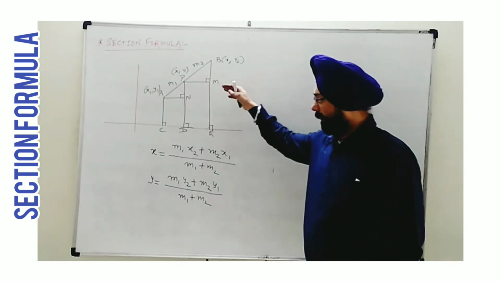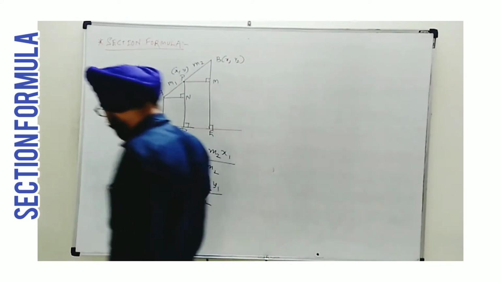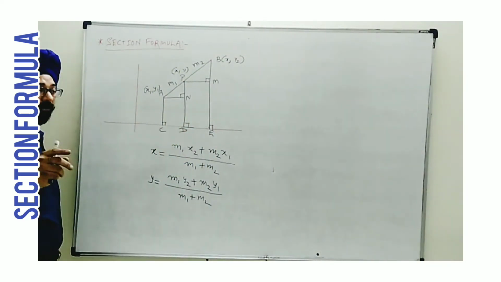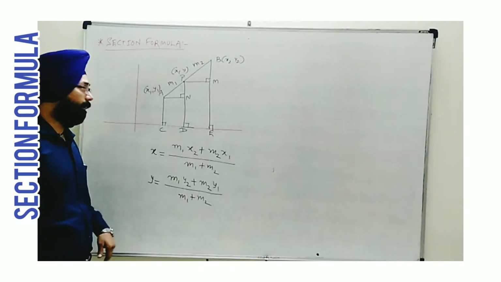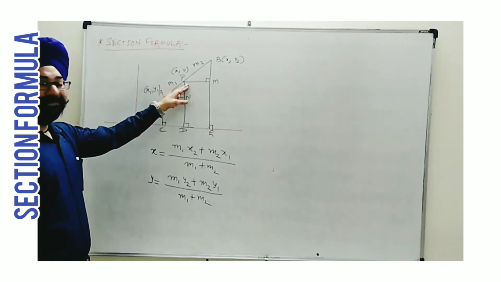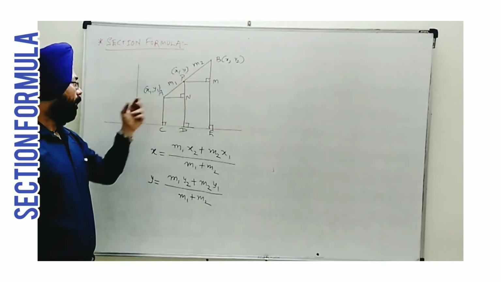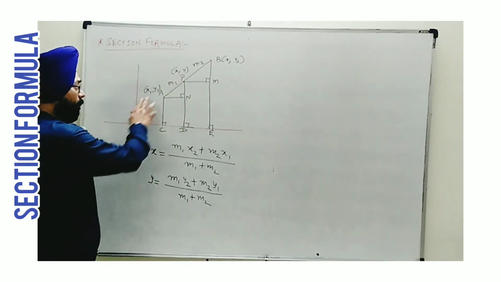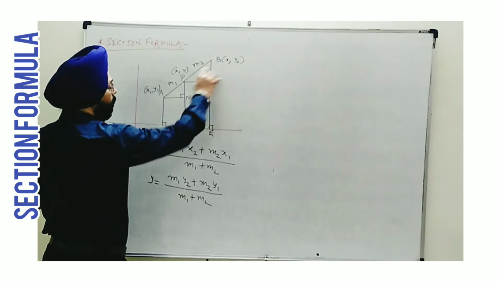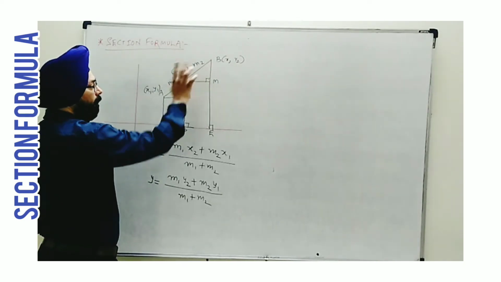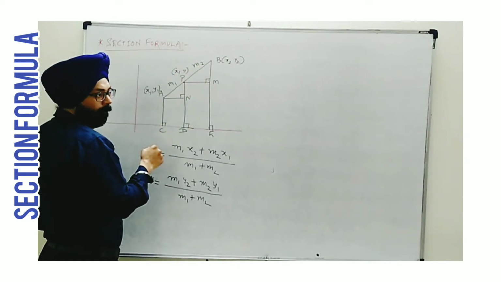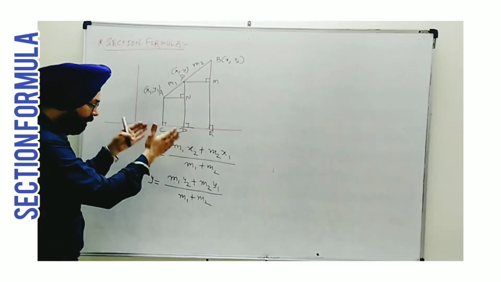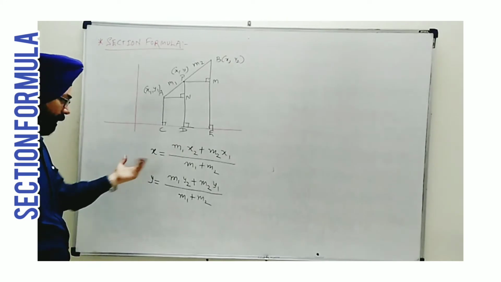For derivation, I have drawn the diagram once again. But the derivation is not from the examination point of view, it is just for the knowledge of the students. Let's see what I have done. P, as it is, I have taken between A and B with their coordinates remaining x1, y1, x, y and x2, y2 and ratio m1, m2. Consider P divides AB in the ratio m1 is to m2. The purpose is that we need to derive this formula.